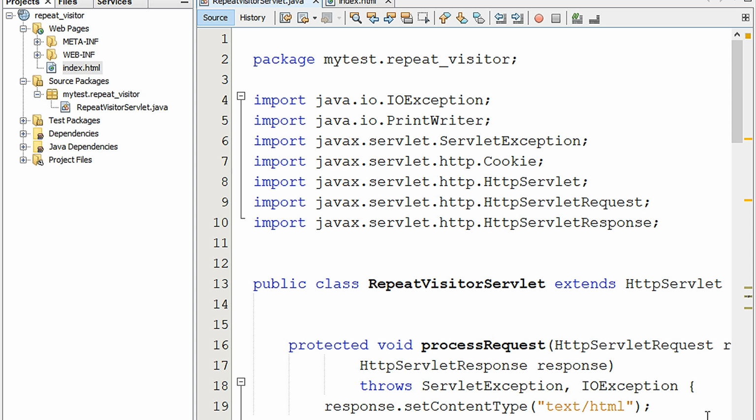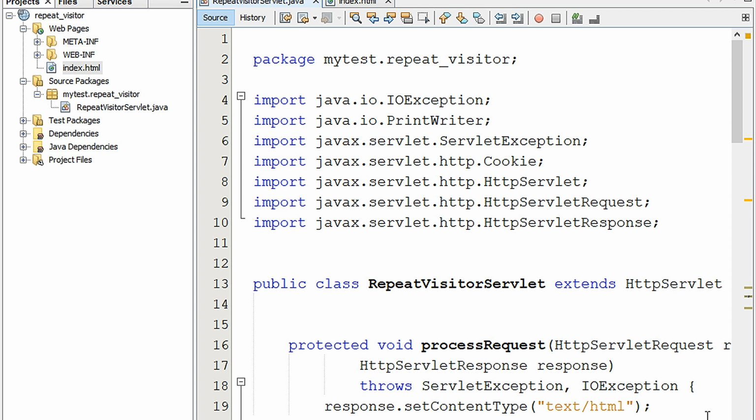Many applications need a series of requests from the same client to be associated with one another. For example, any online shopping application saves the state of a user's shopping cart across multiple requests. But the HTTP protocol is stateless. It can handle only a single state at a time.